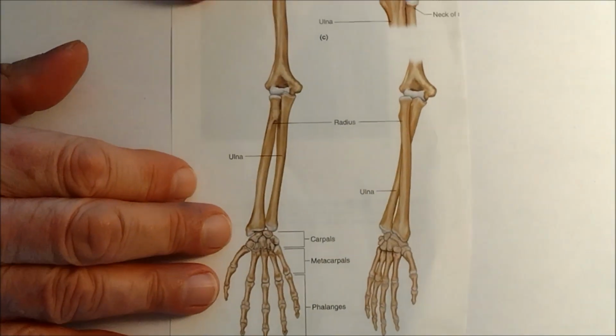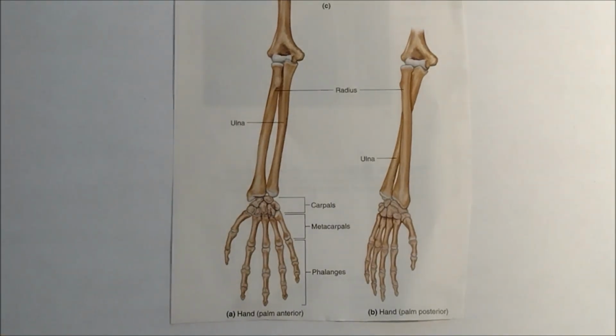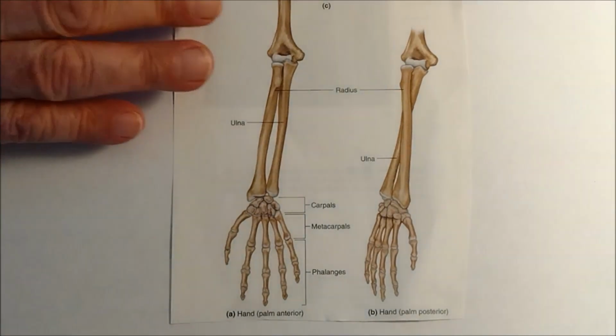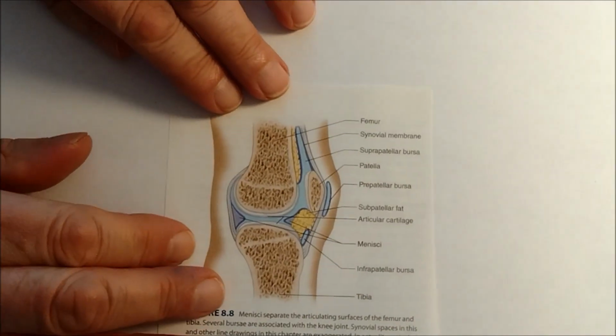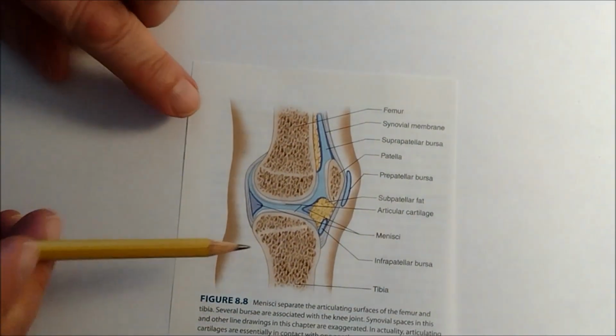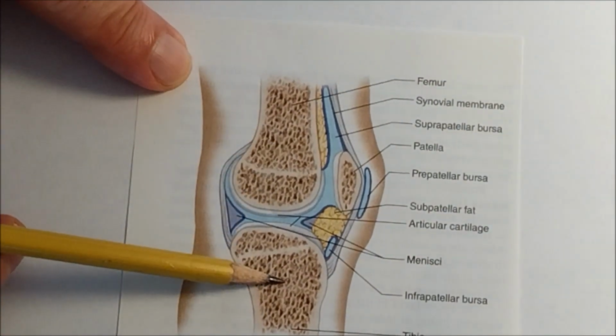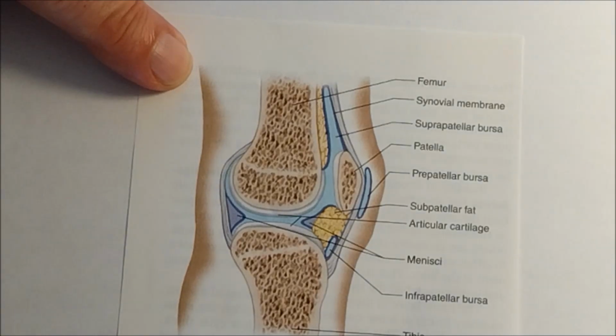It's commonly found in the wrists and the fingers, as we can see here. Okay. And it might be found in the knee joint that we see here. Here we see two parts. We see the femur coming down to the tibia here. I know we haven't had this module yet, but we will very soon.